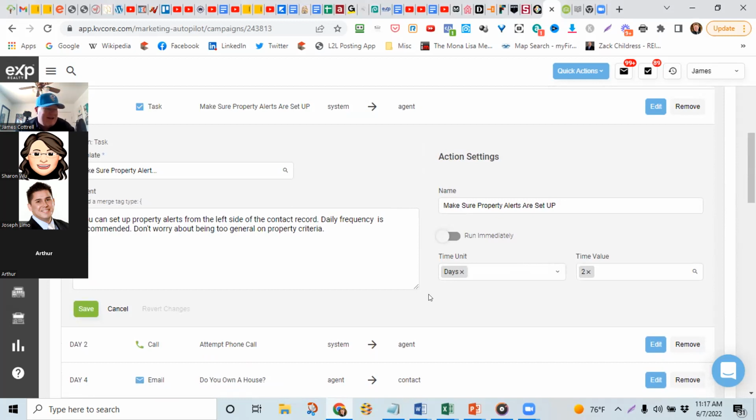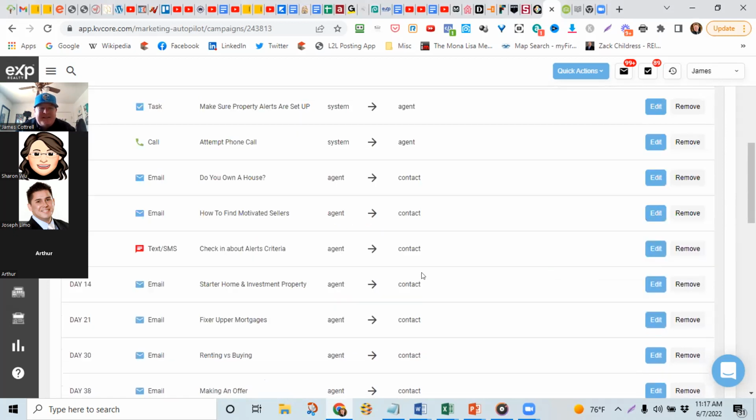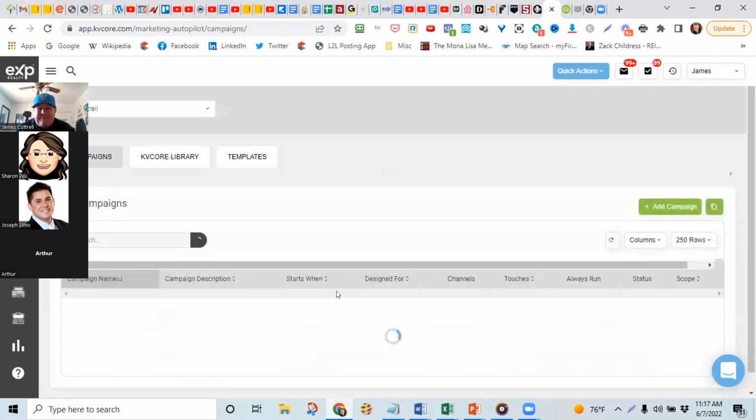Indeed. And the funny thing is they really haven't announced this update. I think it's because they were still working out the bugs like what we had last week. But yeah, if you have campaigns you want to get in there, it's literally so easy now to create a campaign.